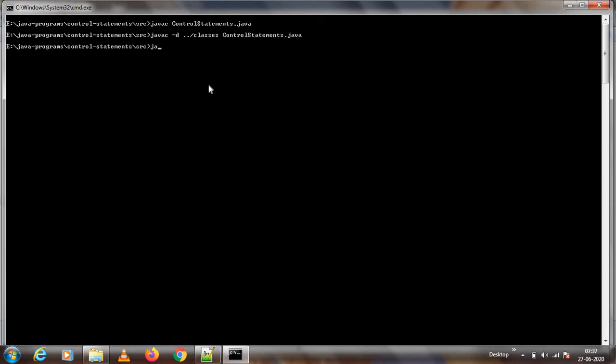Now can we run this ControlStatement? Even if we run it, it will not run because there is no .class file in this src folder. Let us see that. See, could not find or load main class ControlStatement. So this is causing some exception, ClassNotFoundException.